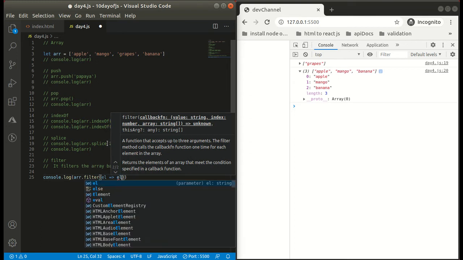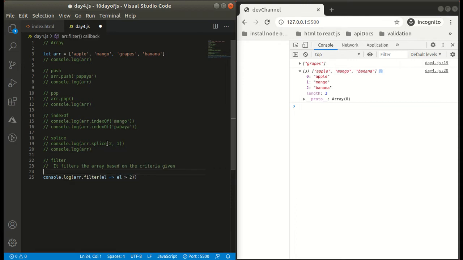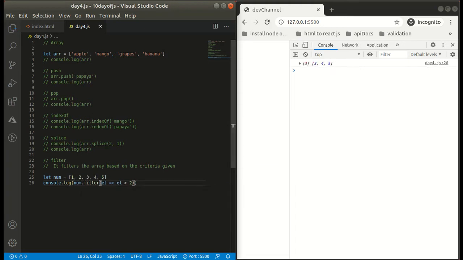Now it is our arrow function, and the condition that I'm giving is I only want those elements which are greater than 2. For that I will be creating a num array and passing number in it, and now filter will give me an array of only those elements which are greater than 2, like 3, 4 and 5.